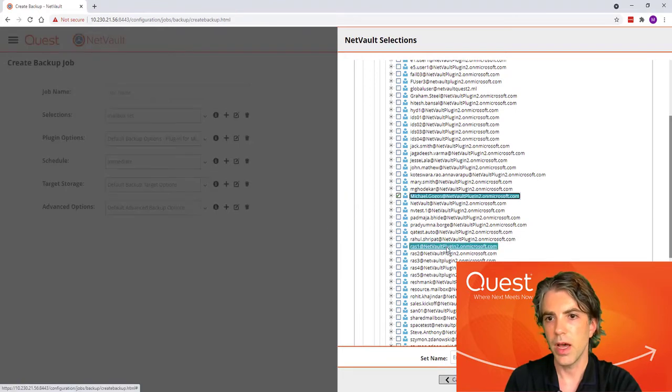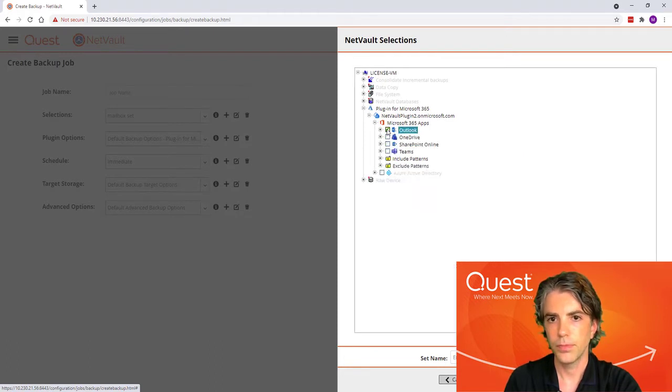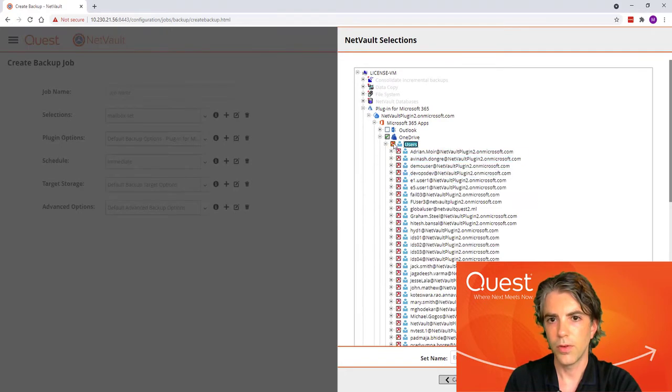So we can select my mailbox for backup, or we can select all of the mailboxes for backup. Likewise for OneDrive, we can select the whole OneDrive environment, or we can do the same thing and pick and choose one or more users.